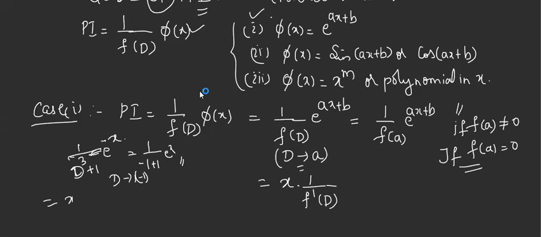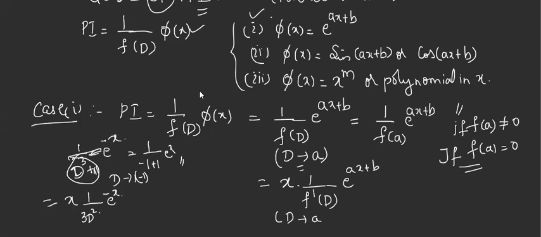Multiply by x. What is the differentiation of d cube plus 1? Just the denominator, don't treat it as 1 upon. Just the denominator: 3d square. So this is 3d square, e raised to minus x. So we did it. Then again you have to see what is the coefficient of x here: a. So again you replace d by a.